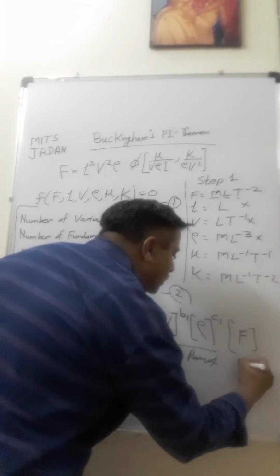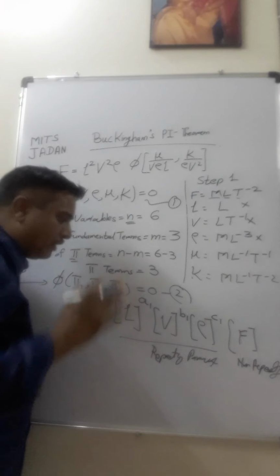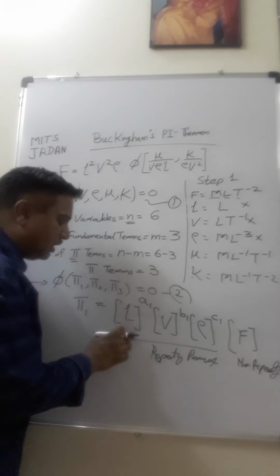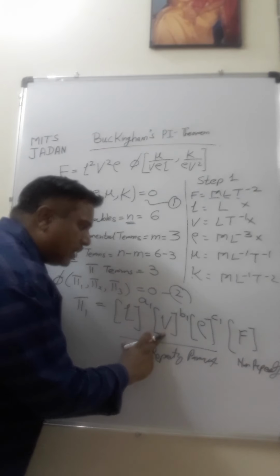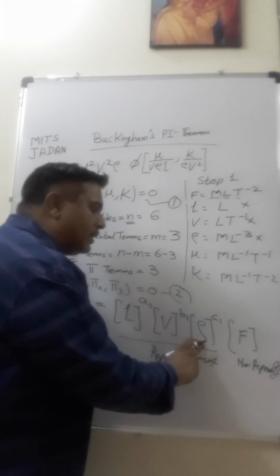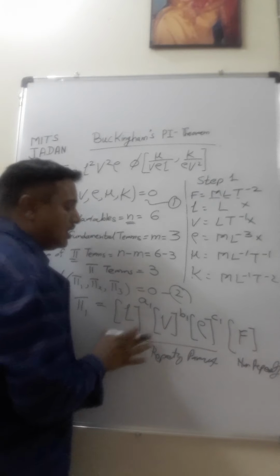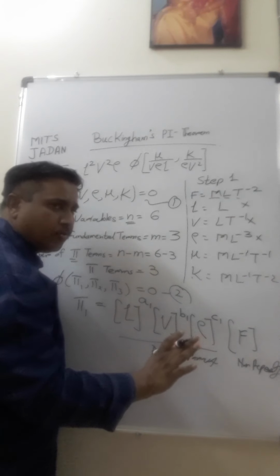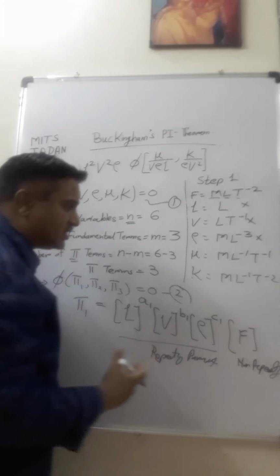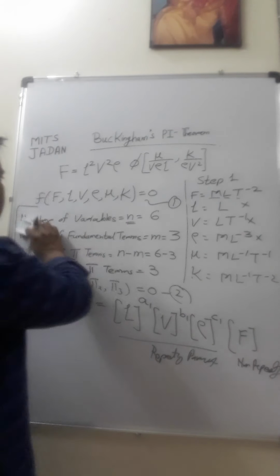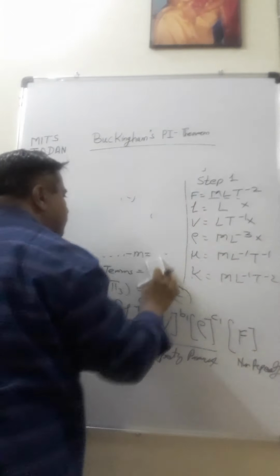Here, one thing is very clear. One has to be a geometrical parameter, another has to be the flow parameter, and the third has to be the fluid parameter, and fourth you can select anything. It is not mandatory that you select these; you can select any three. There is no problem. But these are general guidelines so that your problem becomes easier and you can solve it faster. Now I am removing all this and I am solving for the first pi term.